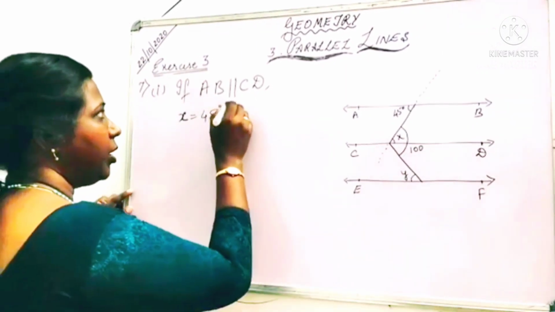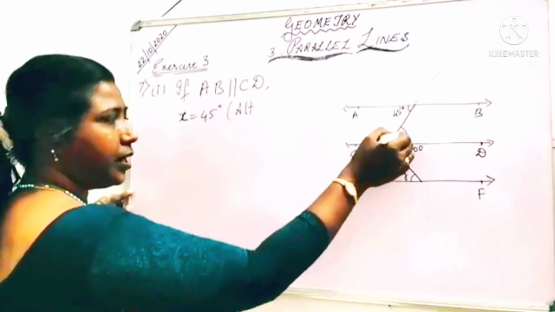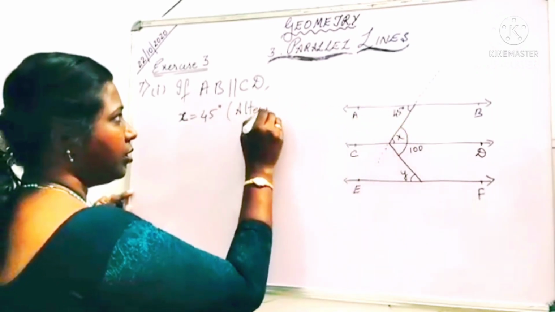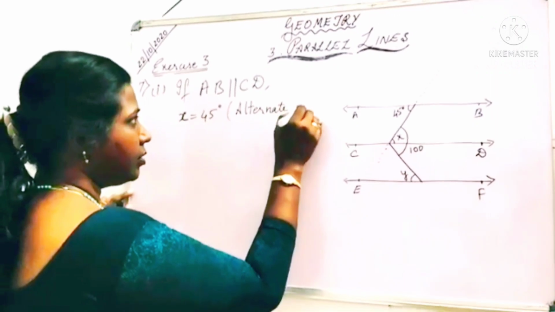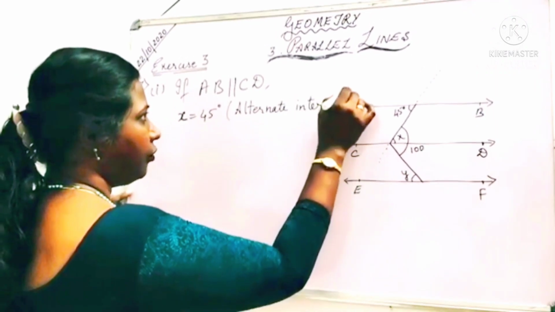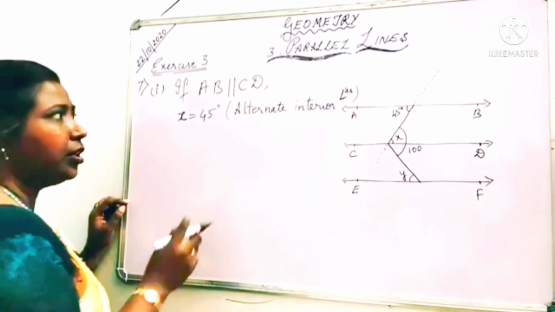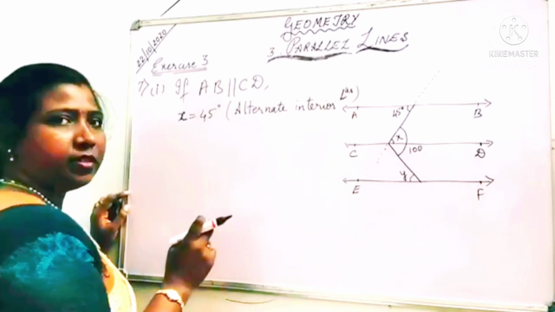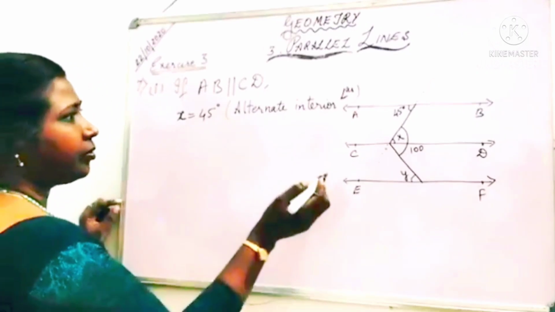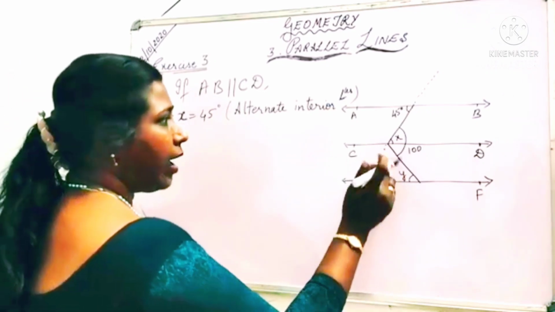Yes, it will be alternate interior. Again it is also inside, na? So alternate interior angles. I am writing the short form, but you have to write the full form. This is angles I have written. Okay, clear, students? Alternate interior angles. Is that clear? Then we got this angle. Now x degree we got. Now we have another angle.